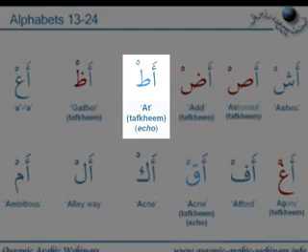The next two again are the tafkhim letters. So we have the ta. And with the sakin, this will behave as a qalqala letter, i.e. it's echo as well. So this will be at, at. And again, in English, the closest you've got is at, but this is a thick version with